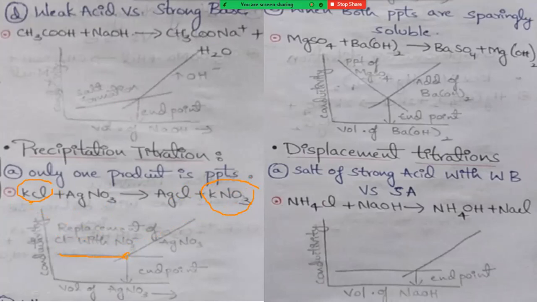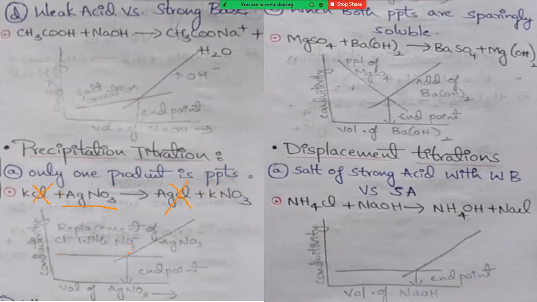Here we can reach the end point, because all soluble chlorides are completely consumed, forming the AgCl precipitate. Now what happens after this precipitate formation? Still we are adding AgNO3, which provides Ag+ ions and NO3- ions. Now in the conical flask we do not have any potassium chloride, because we have reached the end point. All the chloride is consumed and forms AgCl, which does not participate in the conductivity values. But we are still adding AgNO3 from the burette,